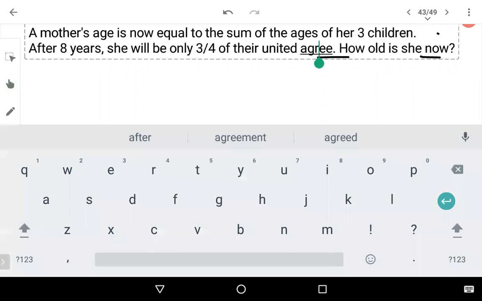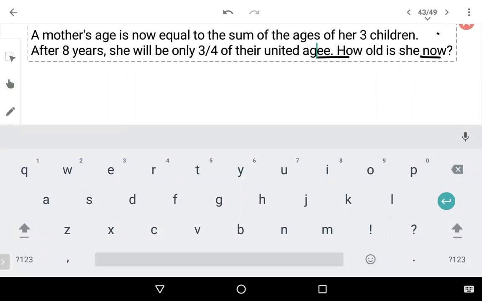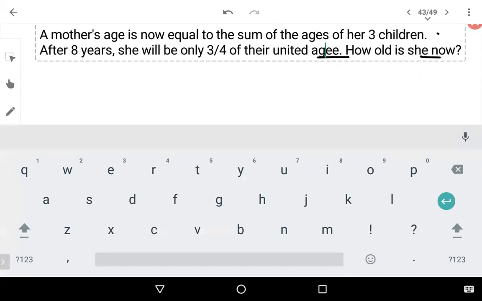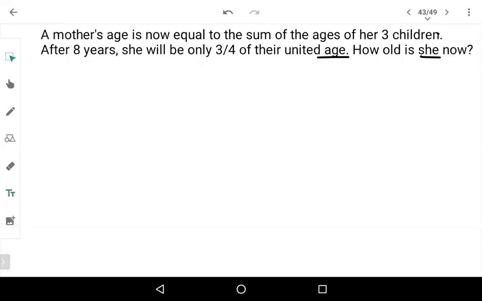So what we are supposed to do is, firstly, we have to again define the problem properly. We are supposed to define the problem like how we did in the previous problem. So firstly, they're saying us mother's age